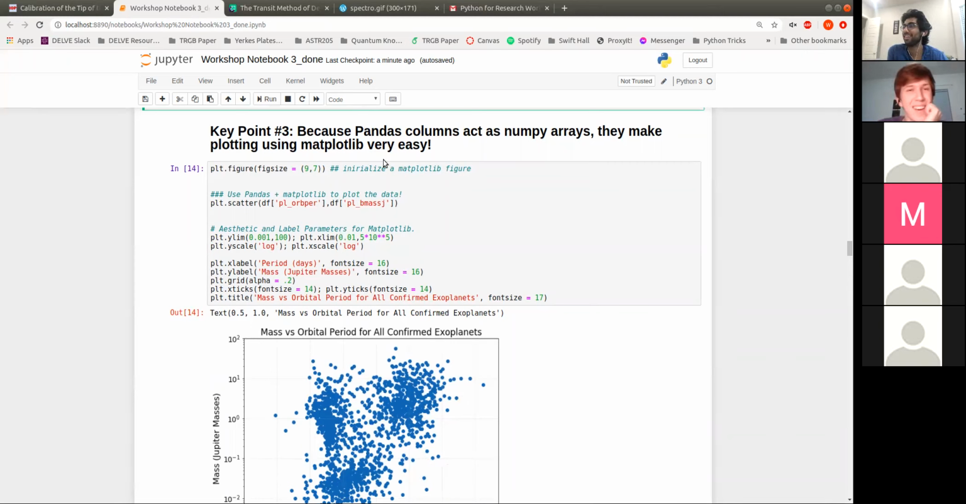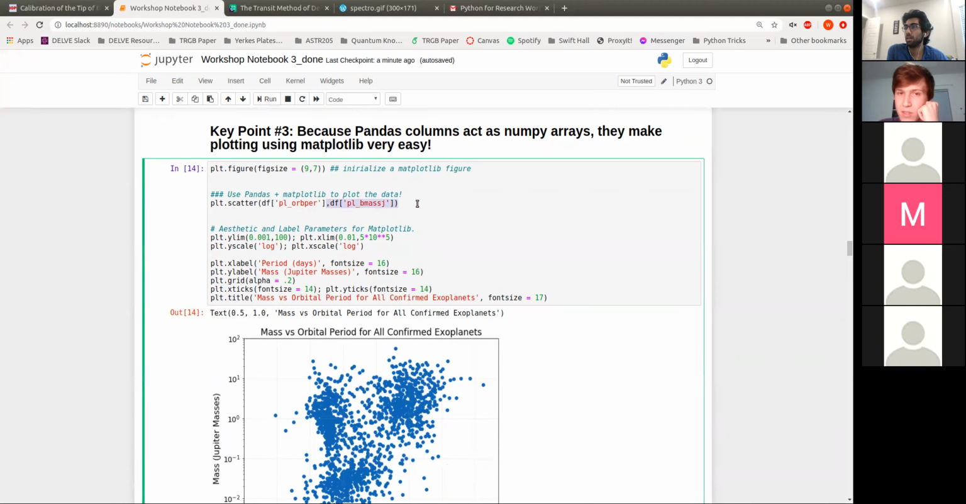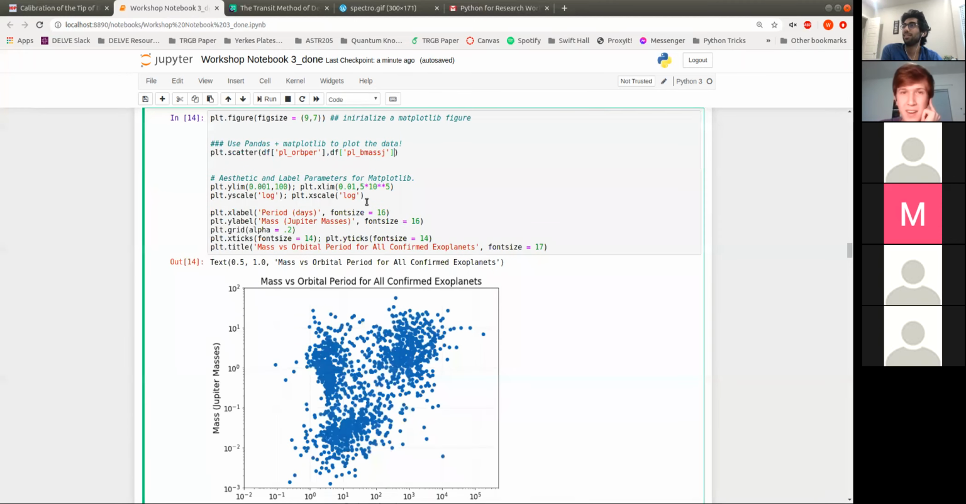Sorry about that. Okay, so another key point is that pandas columns act as NumPy arrays, as we've said, which makes plotting very easy. So if you had NumPy arrays 1, 3, 5 and 2, 4, 6, all you'd have to do is call plt.scatter with 1, 3, 5 and 2, 4, 6. Same thing goes with pandas columns. You can just say plot this column versus this column. It quite literally could not be easier. So orbital period and mass are two we'll care a lot about throughout my talk today. So running that code,